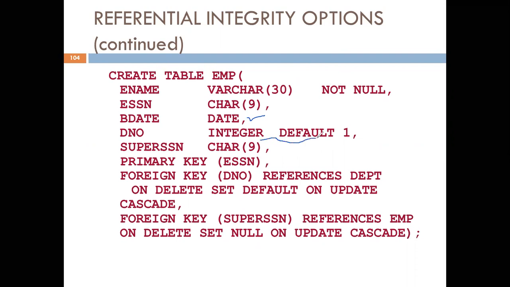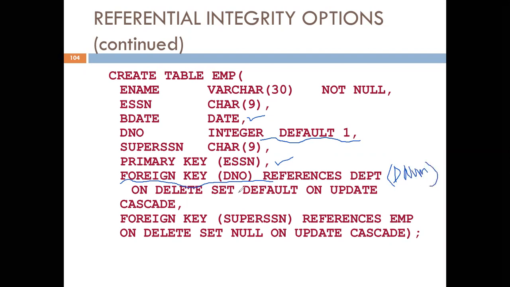It indicates that if we don't supply the department number for an employee, then by default 1 will be assigned. Then the primary key. Then the foreign key: the department number references department of D number.